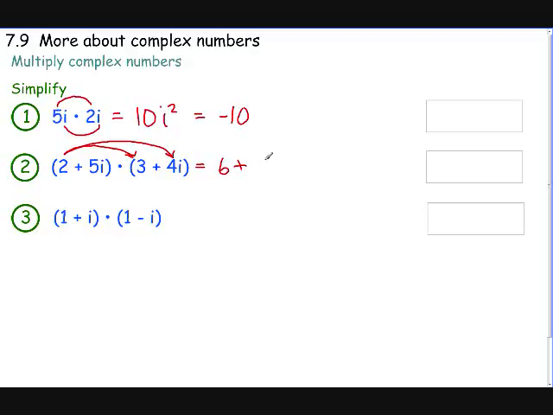Okay, so we've got 8, and it's positive. And what happened here? We have no i here, but we have an i here, so that's going to be just i. Now we're going to do the inside. This is also going to be plus. This time it's 15. And again, it's just i. The last